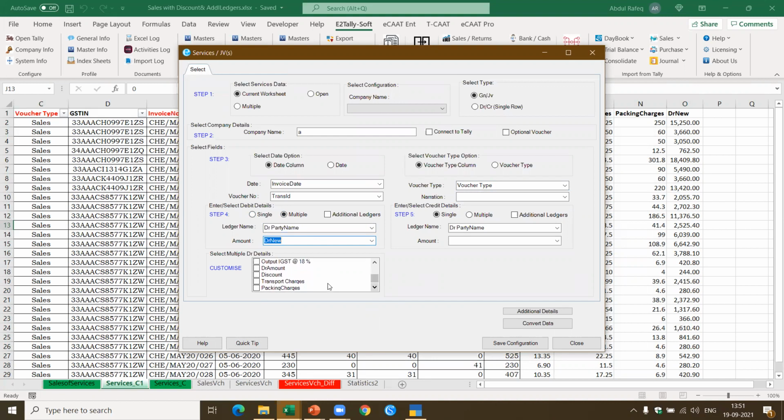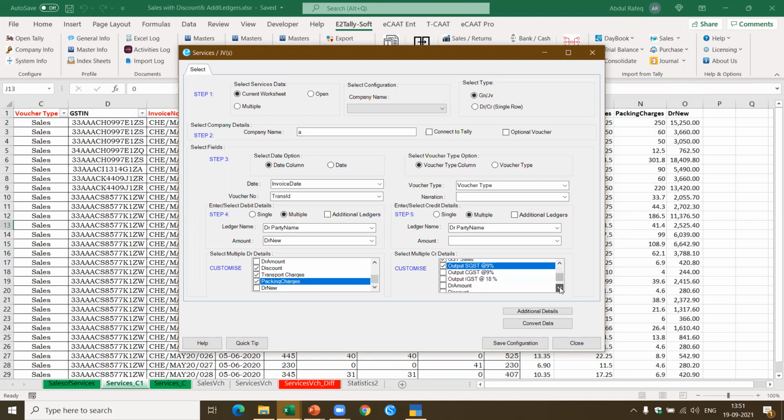Okay, and then here, if you see, the other debits will come in where I got the discount, because under the discount I have this row. So this is how I have to select. Okay, packing charges, this is what I got. These are 3 debits. Now I come to the credits. In the credits, I'm directly selecting everything and coming under multiple here. So in this case, what I'm going to select is, because everything is coming under the column name. Okay, GST sales, output GST.